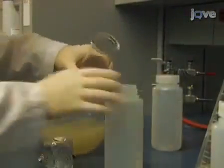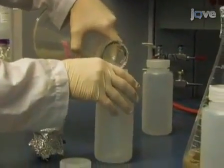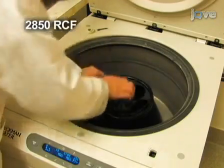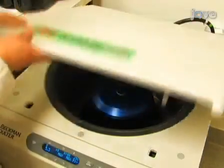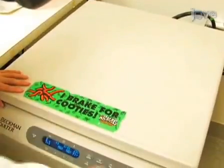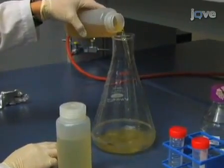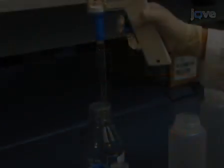Next, pour the culture into 500 milliliter Nalgene centrifuge tubes. Balance the load and pellet cells at 2,580 RCF. Decant the media and resuspend the pellet with 50 milliliters of cold DH2O while transferring the